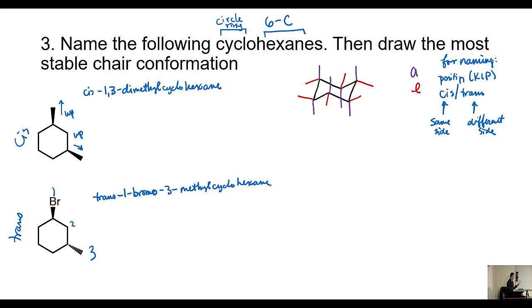Awesome. Okay, so now let's talk about drawing chairs. When I draw chairs, we get equatorial and axial positions. Okay, so let me put a title so everyone knows what we're doing. Okay, so chairs. Okay, so when I draw chairs, I have a cyclohexane. And let's assume